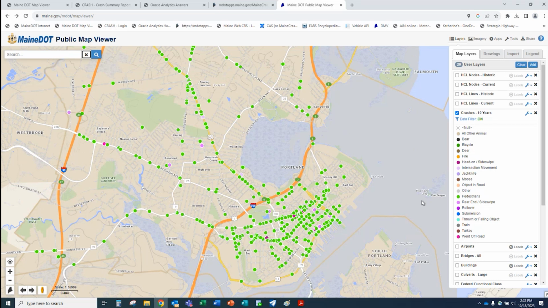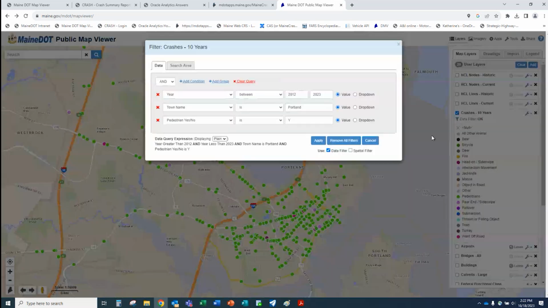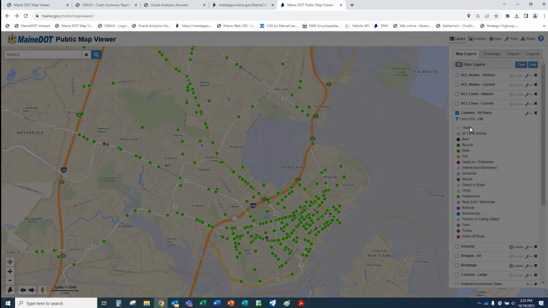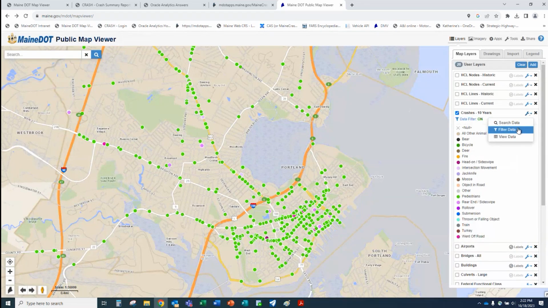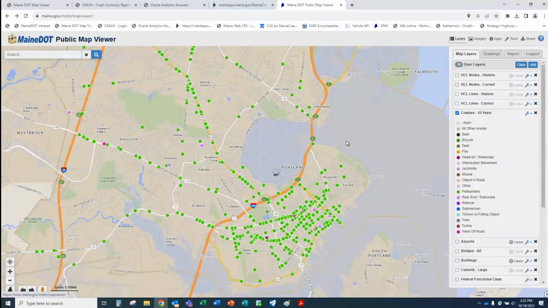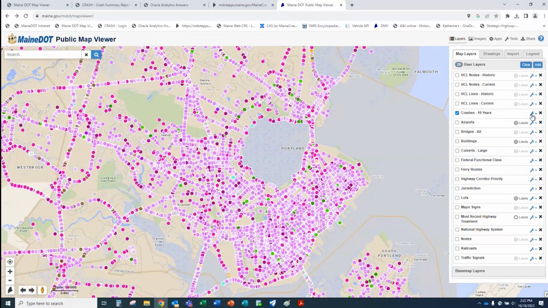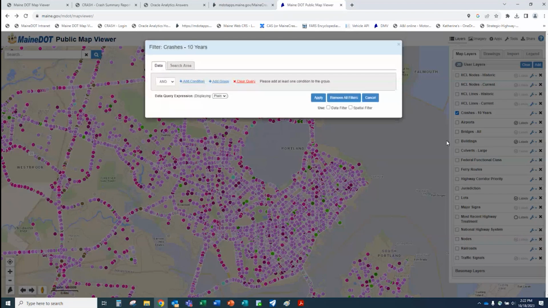Let's move on from pedestrians. So we're going to continue with this filtering stuff. And what I want to do here is I'm going to start all over again. So again, this filtering tool is where we're going to be kind of in and out of quite a bit right now. So we go back to filter, we're going to remove all the filters. All those dots are going to pop back up again. They're all back. All right, we got to go back in again. Let's do one by counties maybe this time.